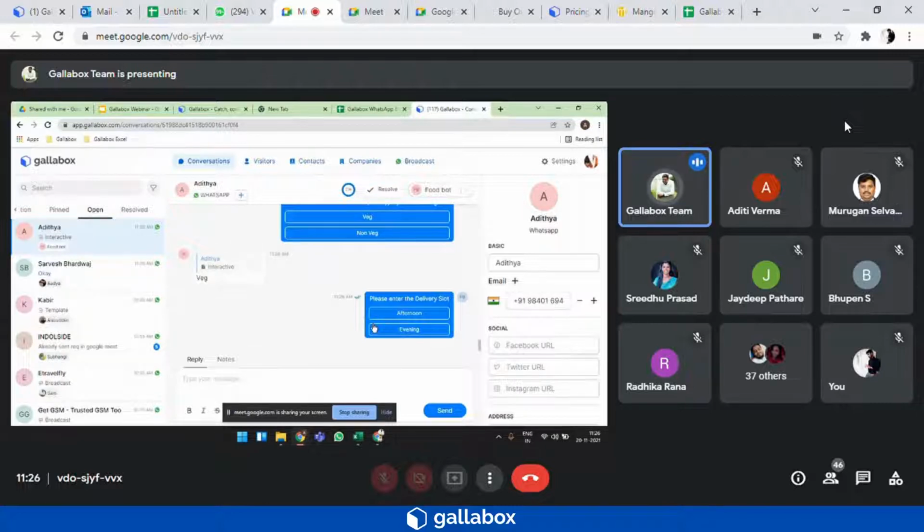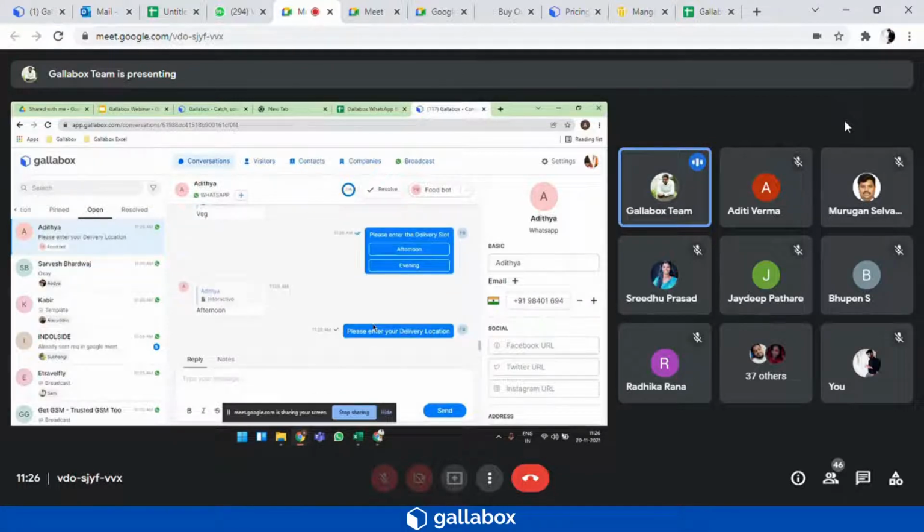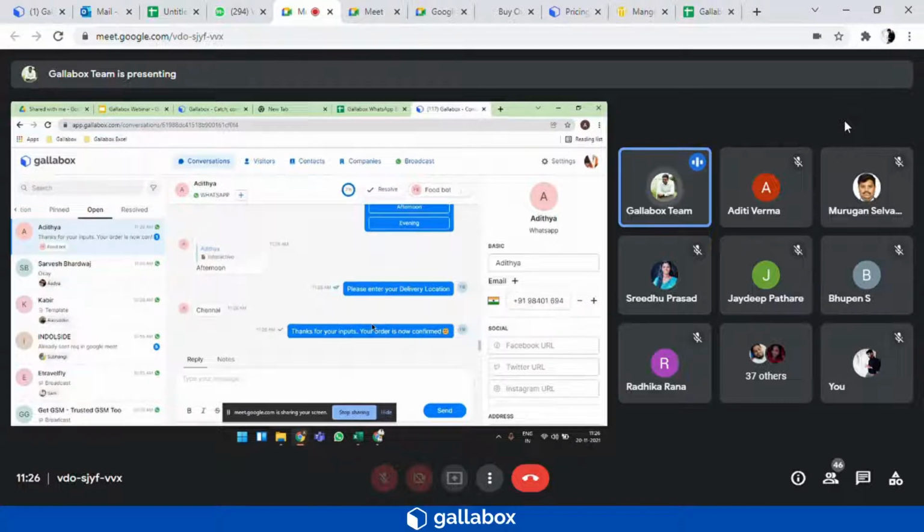So assuming I select afternoon as a slot, it will ask me to enter the location where I am currently located. So assuming I select Chennai as an option, the next message, which is thanks for your input, your order is now confirmed, along with the emoji is being displayed here.